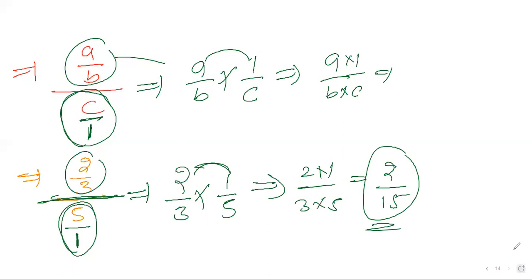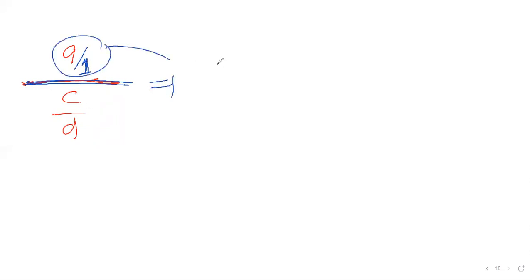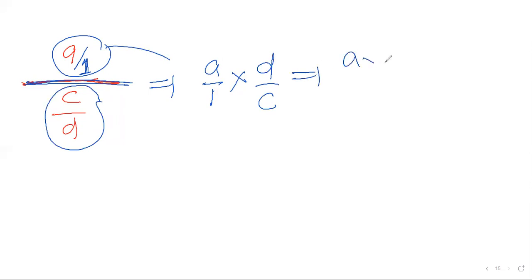Next, third case. Numerator only one thing, and the denominator is like this. Like this is also possible. So you should understand this is a division. Numerator only one term, nothing is there, treat it as one: a by 1. Denominator is there, so as usual copy the numerator, a by 1. Denominator, write ulta: c by d, you write d by c. So a into d by 1 into c.